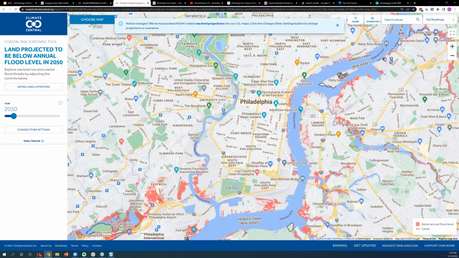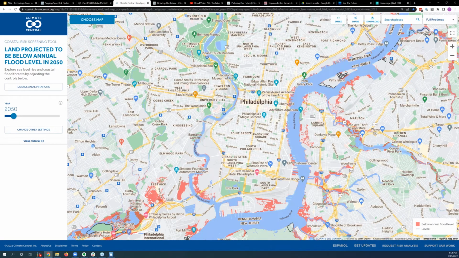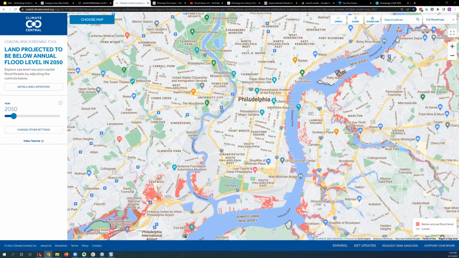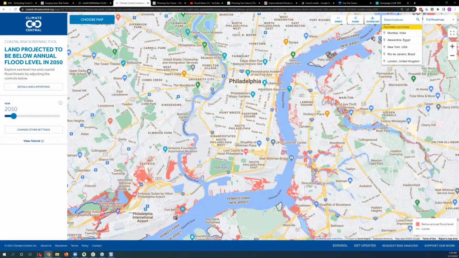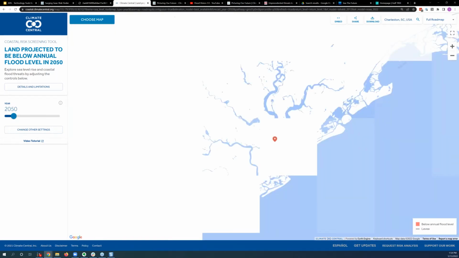You can see we've incorporated NOAA's and the multi-agencies' latest sea level rise projections into these tools. There's a lot under the hood here. And so let's just keep things consistent. As Doug mentioned, this is a global map, so we have this available for global locations, as you can see. But I'll just go back to Charleston to give you a sense of what's available.